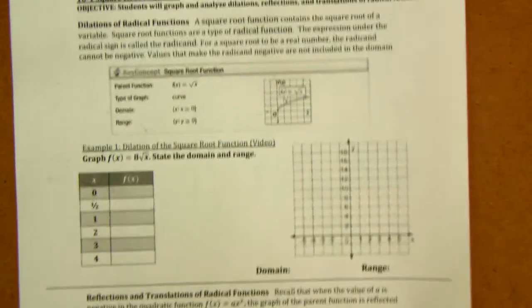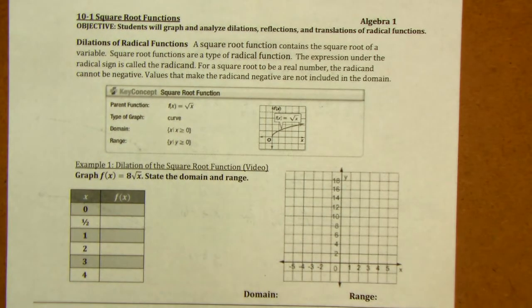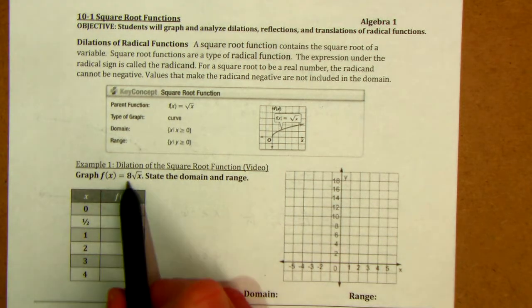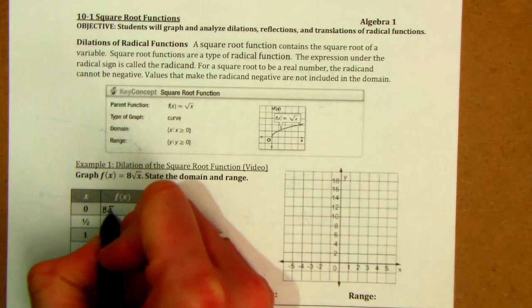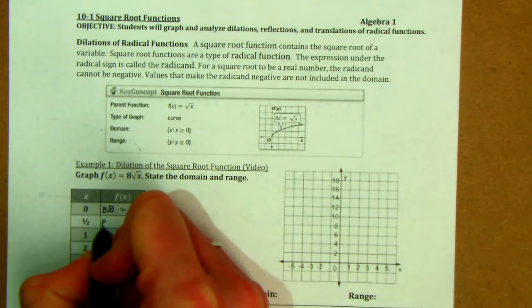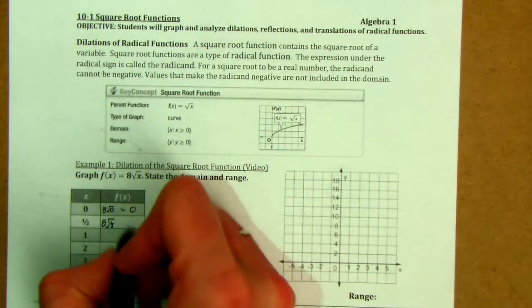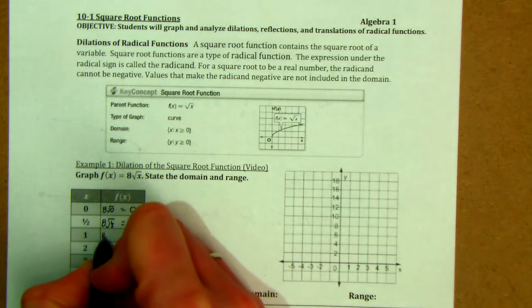Dilations of radicals. So what are we doing here? We are dilating it, so that's what they called it. That's when we have something other than an A that is greater than 1. So in this case, it's an 8. So this 8 times the square root of 0 is simply 0. 8 times the square root of 1/2. Well, the square root of 1/2 is 0.7 times 8 gives me 5.7. 8 times the square root of 1, which is 1, so that we get 8. 8 times the square root of 2